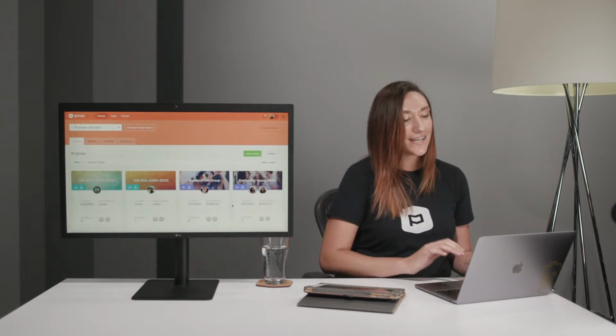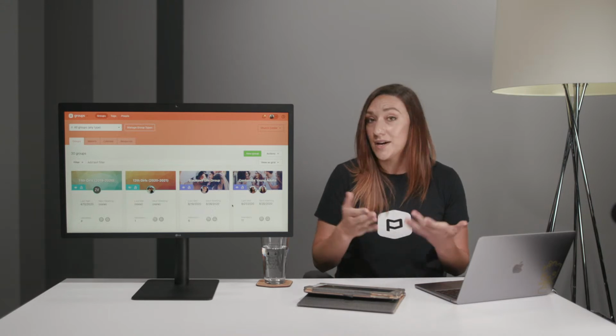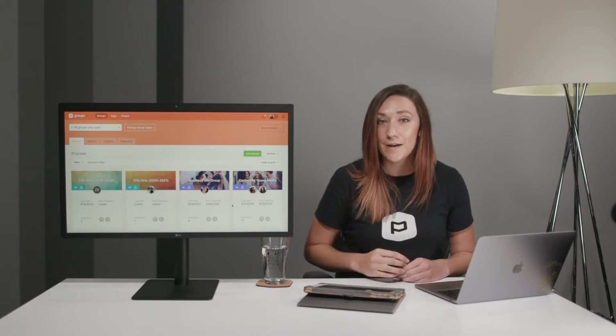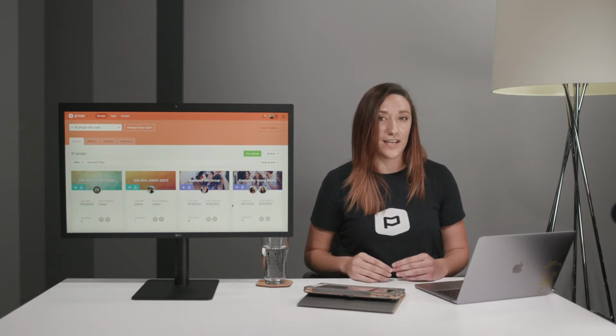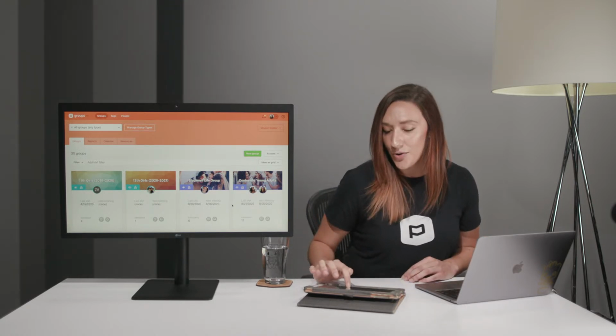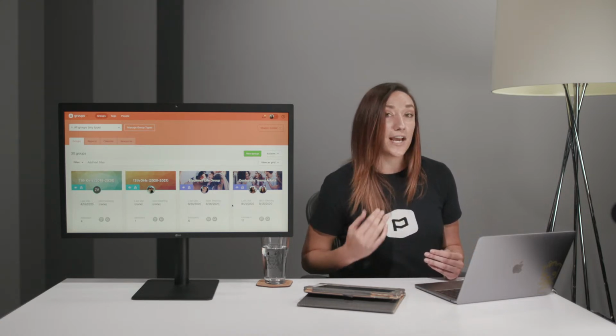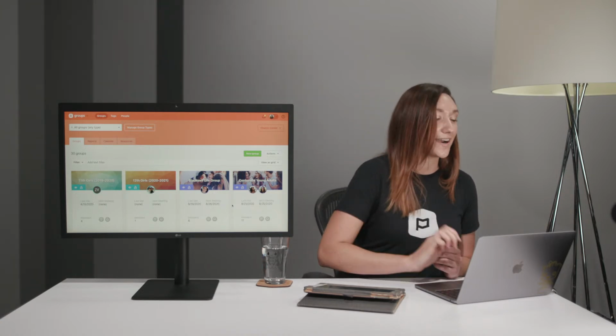So let's dive into the administrative side of groups. This is where you as an administrator will be setting everything up, and it's also where your leaders are going to log in and be able to do some of the leader things they do. So you saw when I was searching for a group that I was looking through our different group types that we offer. We're going to start there.